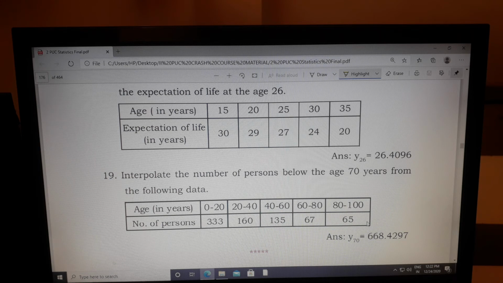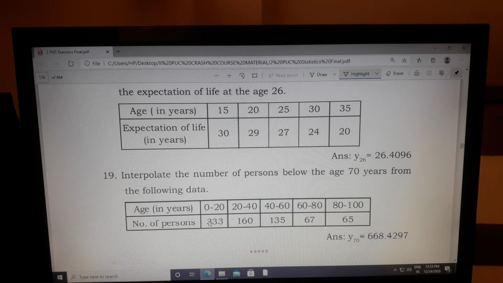But do you think that they are MCFs? Absolutely not. They are not MCFs. Remember, because here class intervals are not given in MCF kind, obviously these frequencies will not become MCFs. Here normal class intervals are given. Obviously these 333 persons are there between 0 to 20. That is not even a total nor more than frequencies. Clear? So now as per the question below, convert this to below 20, below 40, below 60, below 80, below 100,